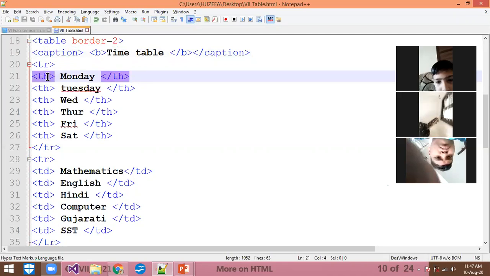If you want to bold the thing, then you can use the th tag, whose name is table heading. You have to remember compulsorily the full forms of all the tags. Table and caption already come in the full forms. TR means table row, TD means table description, and TH means table heading.